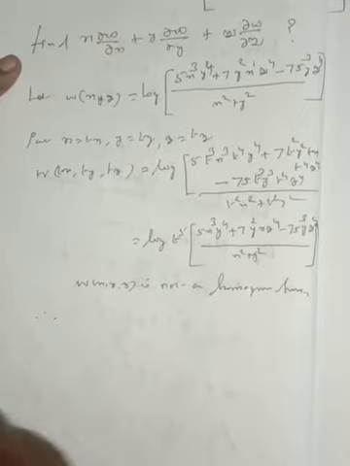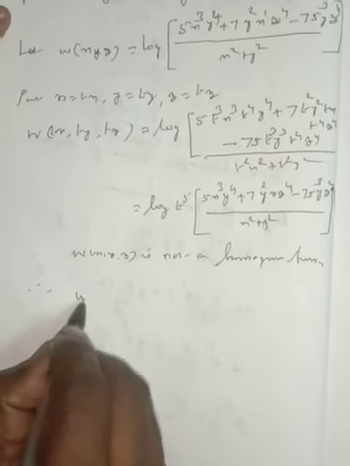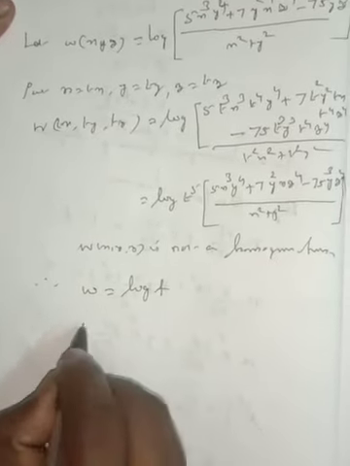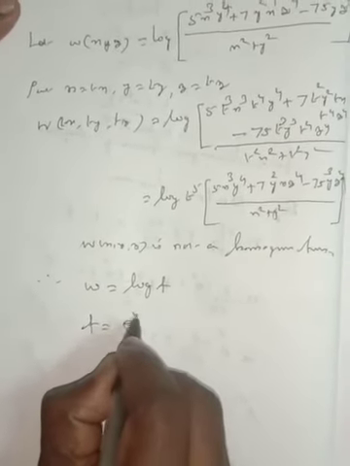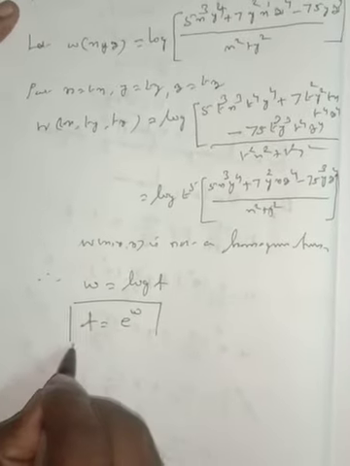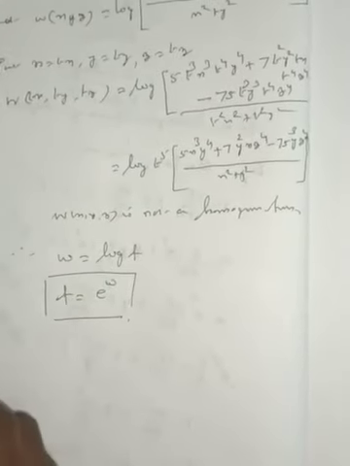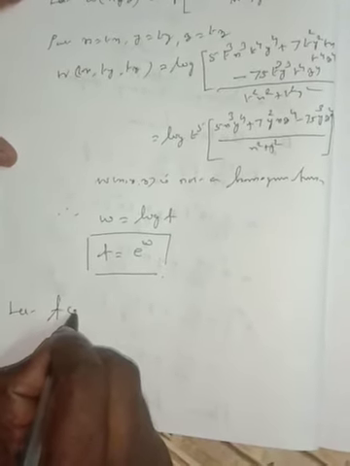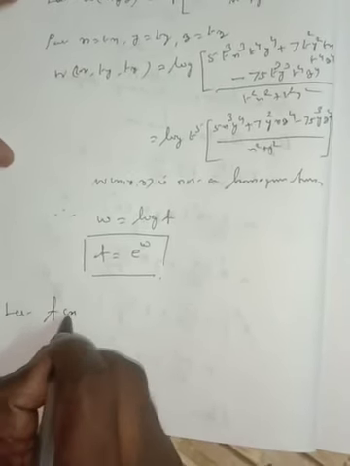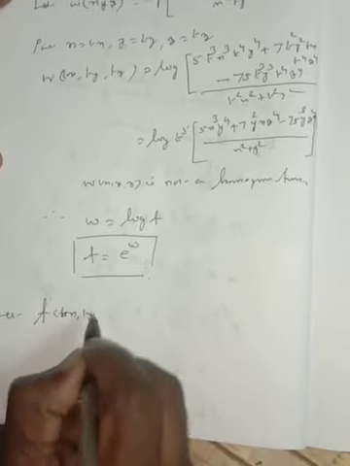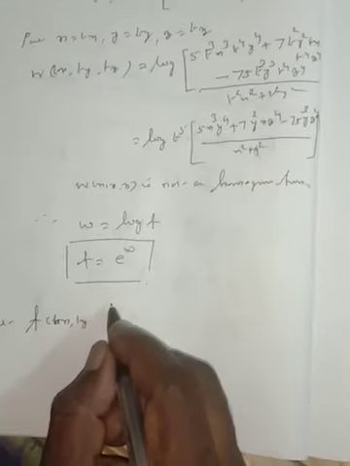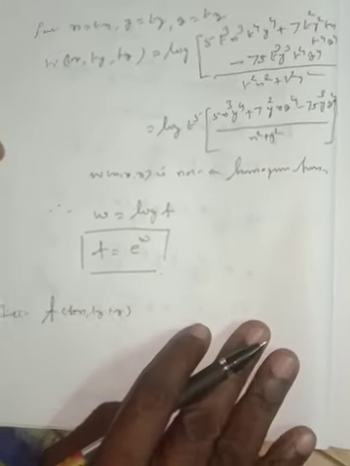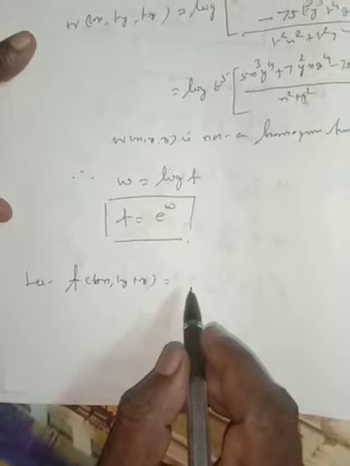Therefore we have to take w = log f, so f = e to the power of w. Now let f(tx, ty, tz) = phi of